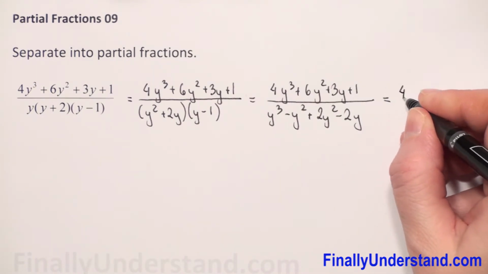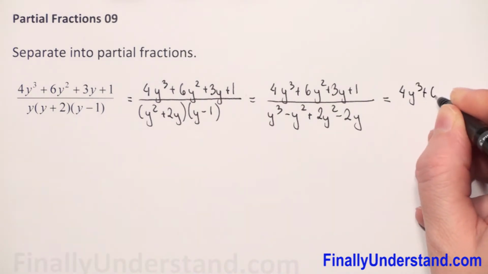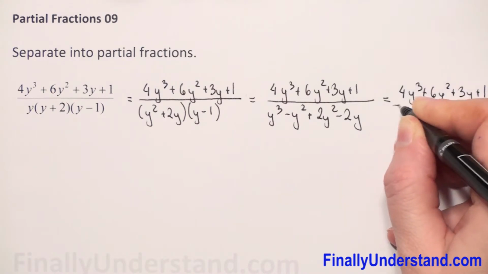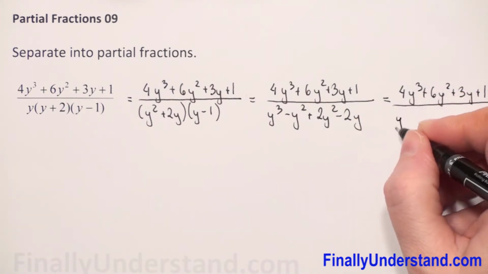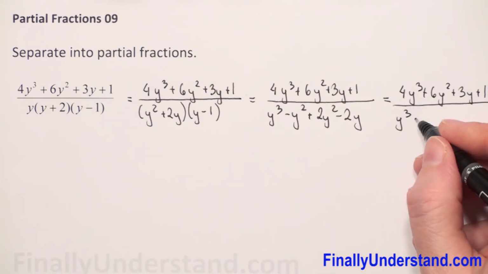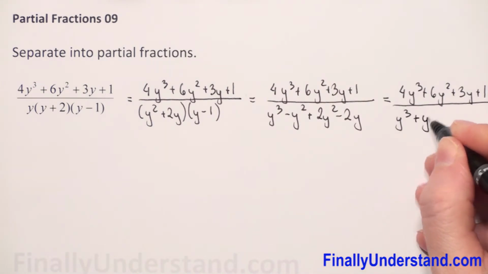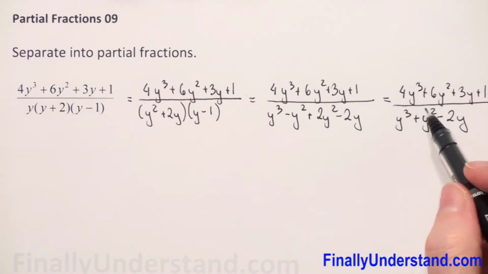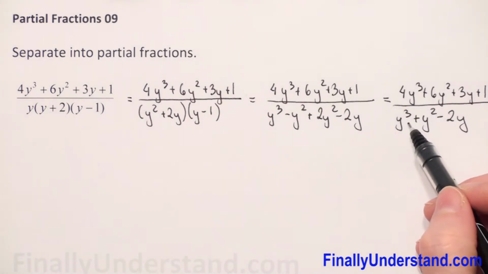Numerator again we will copy, over, so we have y cubed, negative y squared plus 2y squared, so it will be positive y squared, and we have negative 2y. Like I said, first we have to do long division